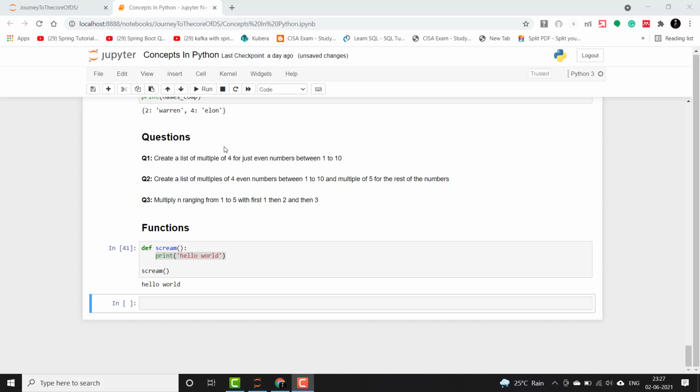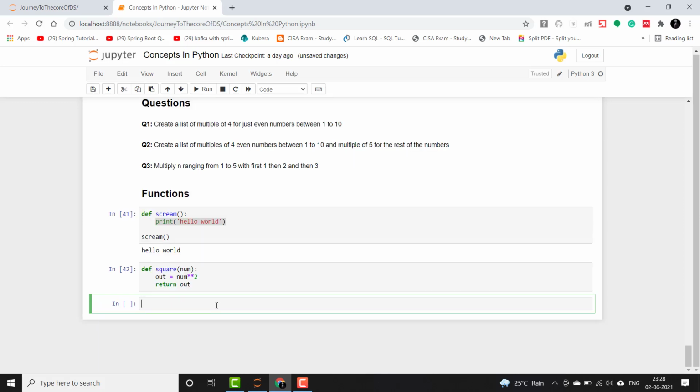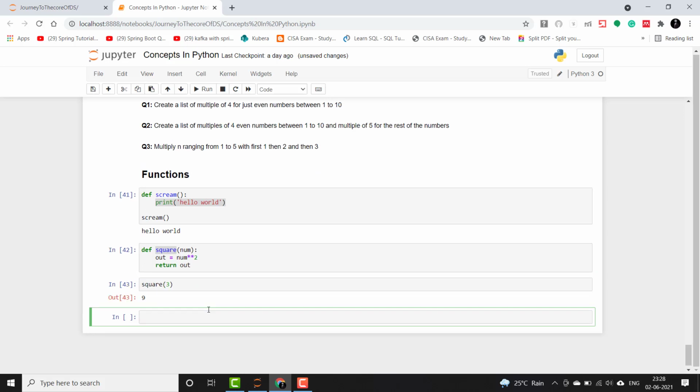So let's see one simple example of computation in a function. What I'll do is make a square function that does a square based on the parameters passed in it. I'll declare a variable here and say num into 2 that does a square, and return out from it. Okay, so this has created one function. Now if we want to call it, we'll simply say square, and we can pass any number of which we want to do square. So let's say that we want to pass 3. So 3 square is 9.